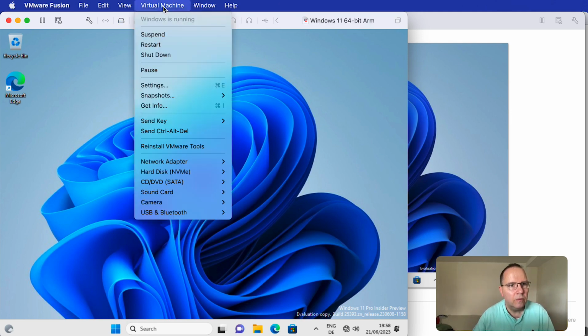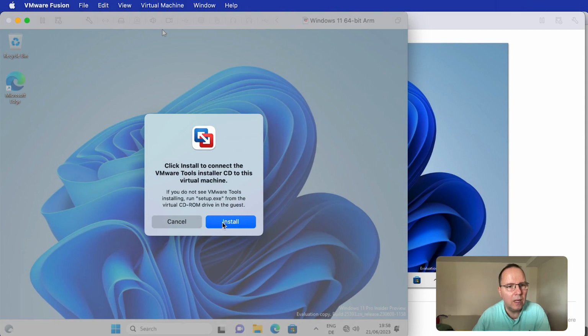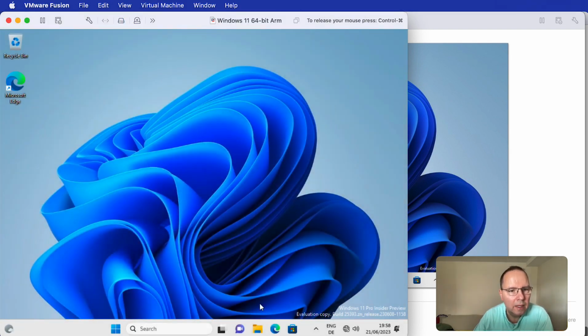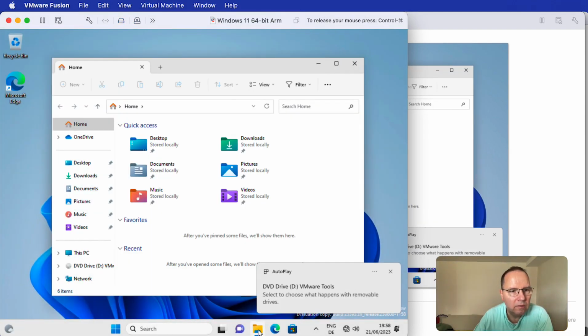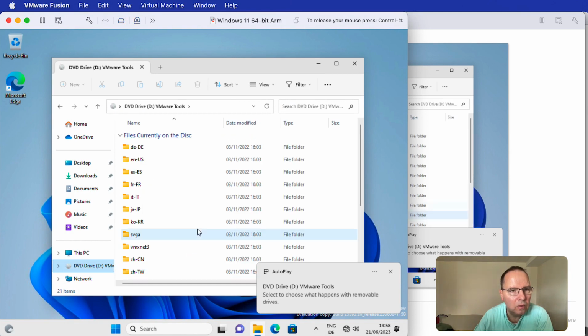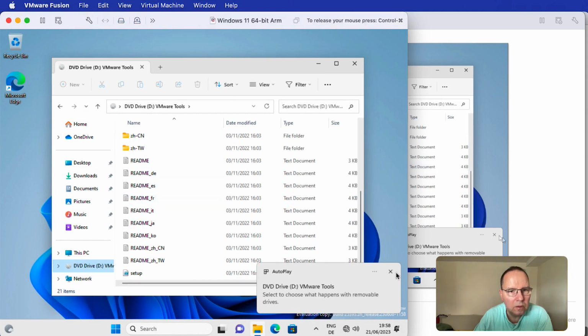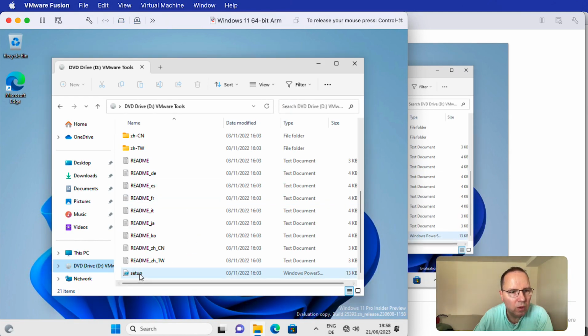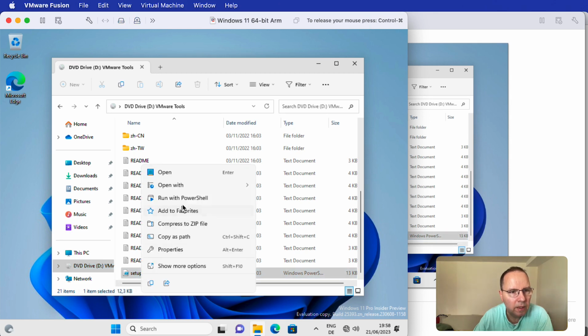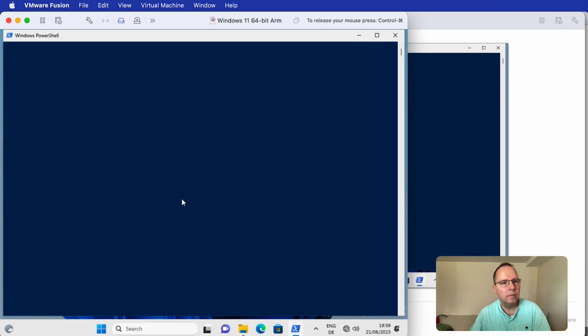Then I go to the virtual machine menu and press reinstall VMware Tools. It will insert a virtual DVD disk. I go to this disk and go to the bottom, do a right click on setup and left click on run with PowerShell.